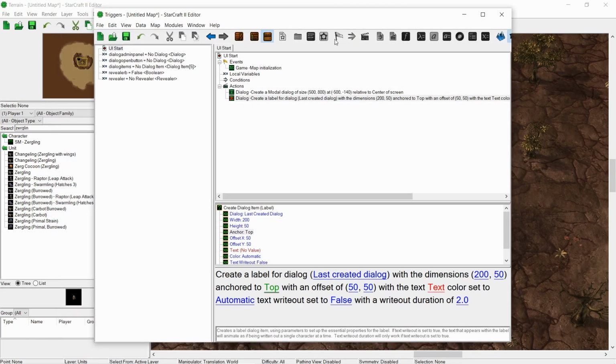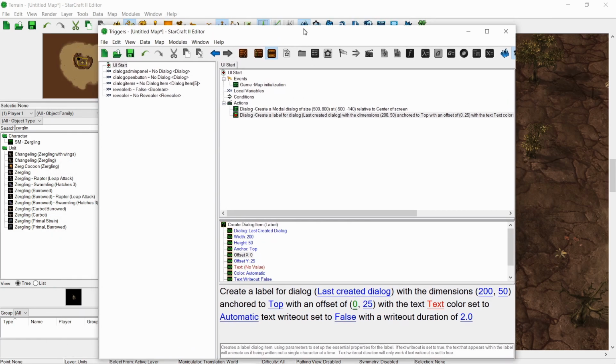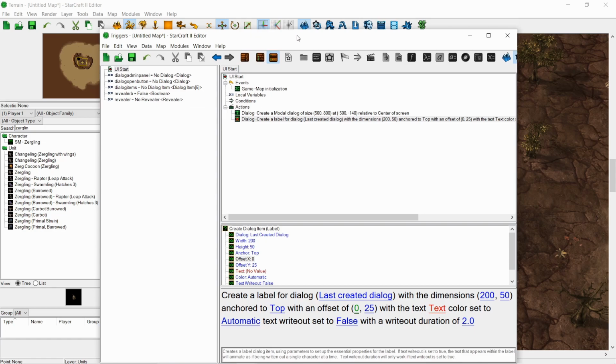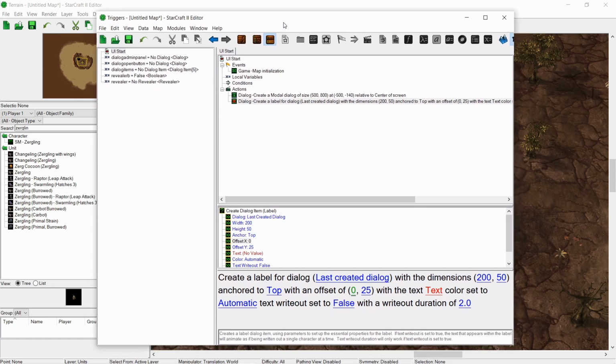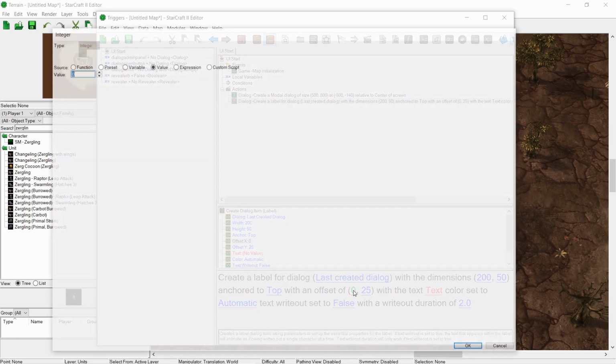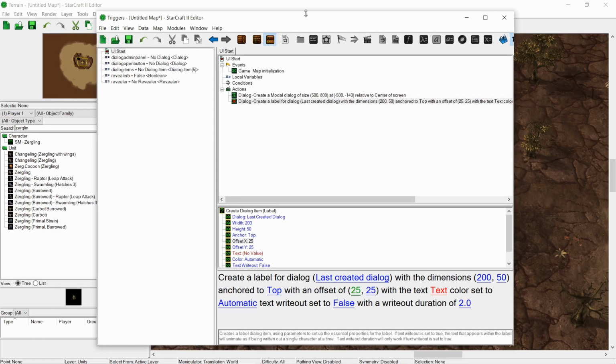So this is going to be right here in the game on your screen. Offset 25 by 25. You don't want it to be 0 because it will be like at the very edge, like right here your dialogue, and it'll look like crap. It'll be on the border. It may not even be readable. So 25 gives it a little gap